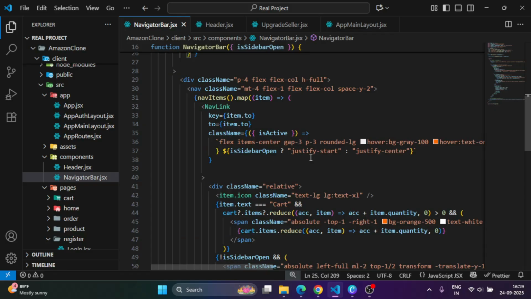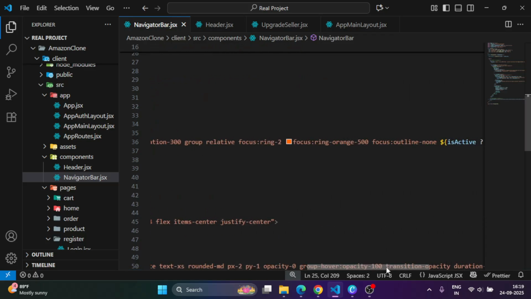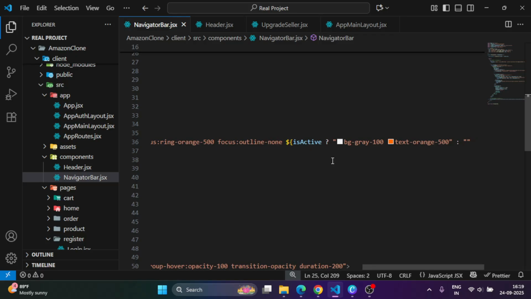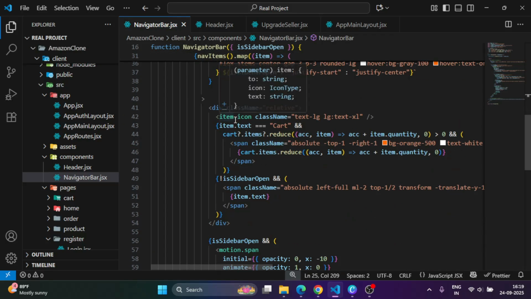So if the sidebar is open, use justify-start, or make it center, and then whoever takes the isActive. If it is active, then background gray and text orange, right? Otherwise, make it an empty string. That's it. And then the item icon, if the item text is cart, then show this element, which means you can